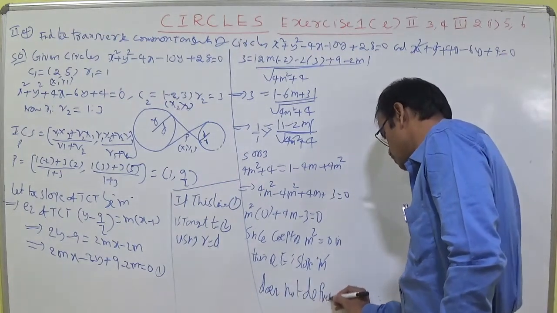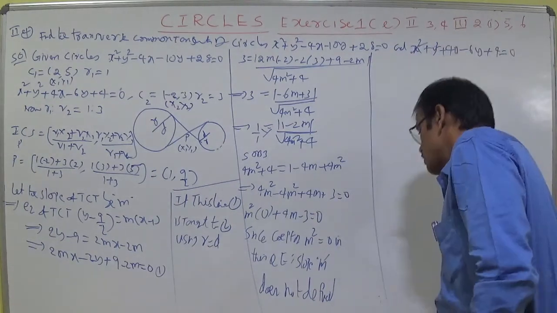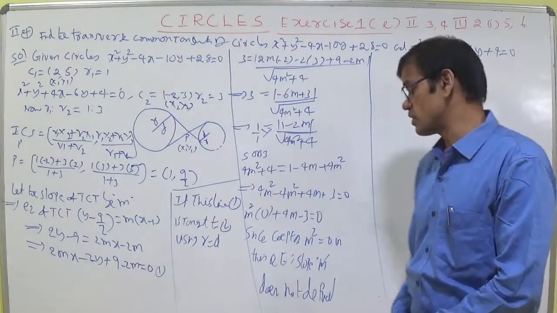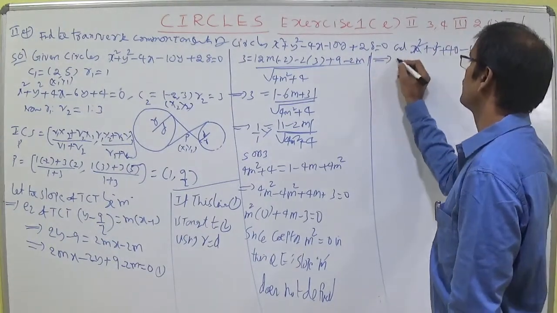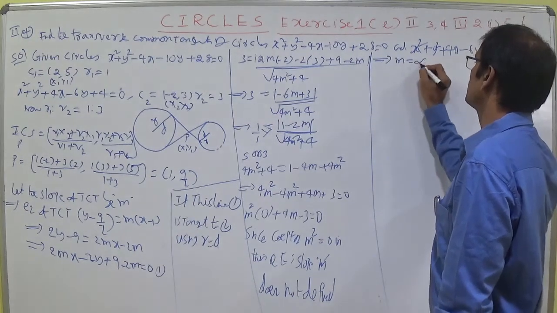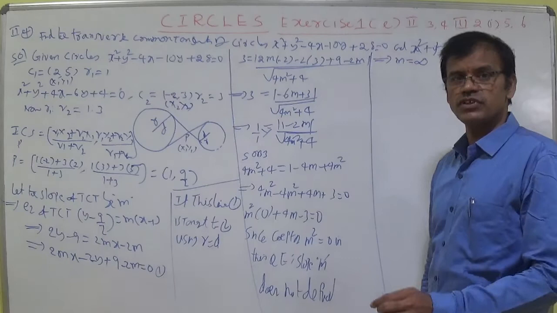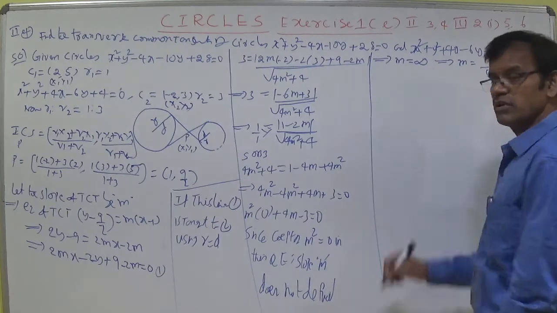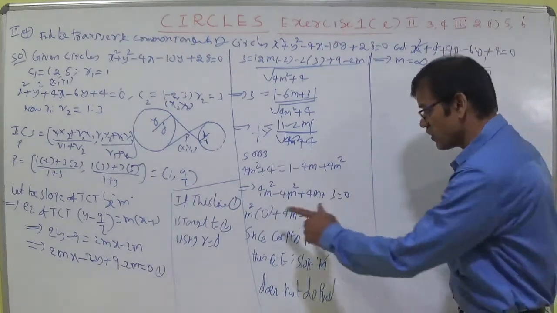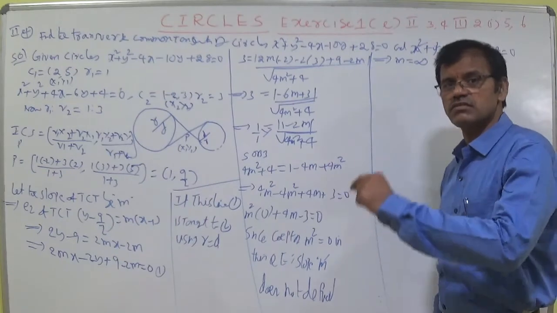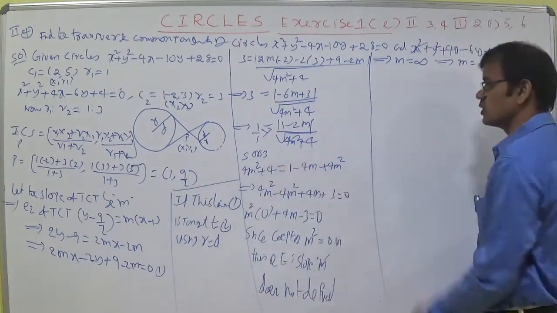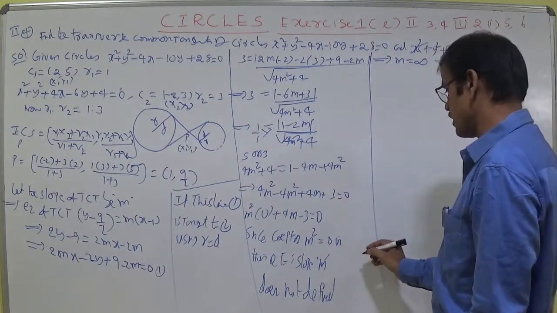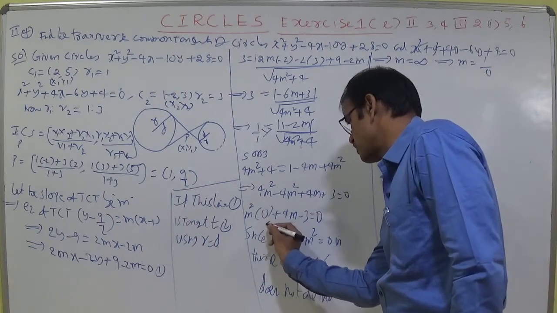Every student used to get confused that whenever the m square coefficient is 0, then m equal to 0. Wrong, students, you should not think like that. Whenever coefficient of m square equal to 0, slope is not defined. Where the slope is not defined, it can be indicated as infinity. That implies you can understand that m equal to 1 by 0 or 2 by 0 or anything. Whenever you write m equal to 0, the answer will be changed. So don't forget that m is equal to 1 by 0. This is a case, and another case. Now case 1 I have written. Here put the side heading case 1.